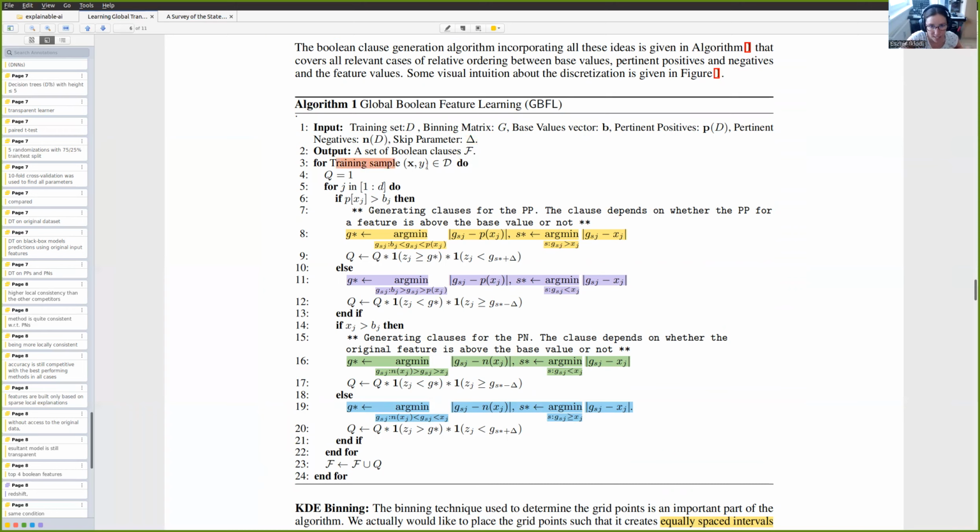We iterate on each training sample, and we also iterate on each feature. So it's a nested loop: the number of samples times the number of features. That's the number of iterations we do. And in each iteration, at most, we always add one conjunction, because if you see,